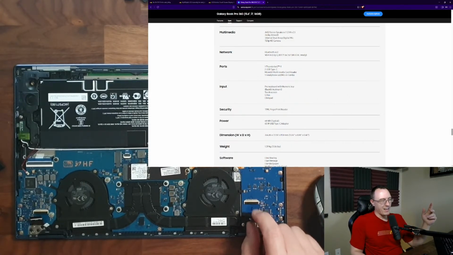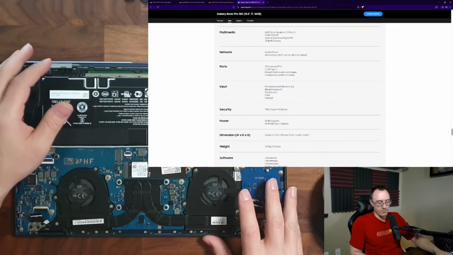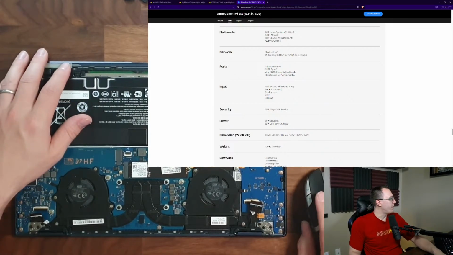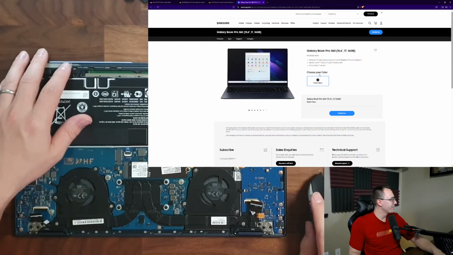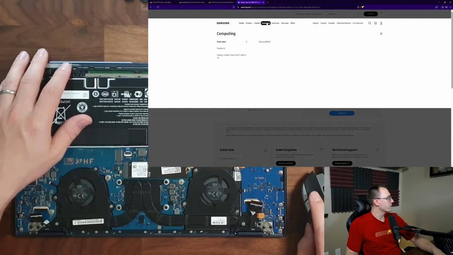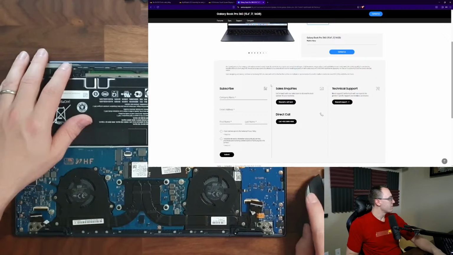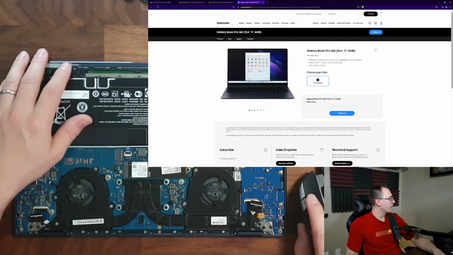But I don't think $500 is worth it to replace this part. You've got to really be in love with this laptop to consider doing something like that. Because you can probably buy new ones today. I mean, I've never really looked up Samsung laptops, so I don't know how much they would cost. But even still,